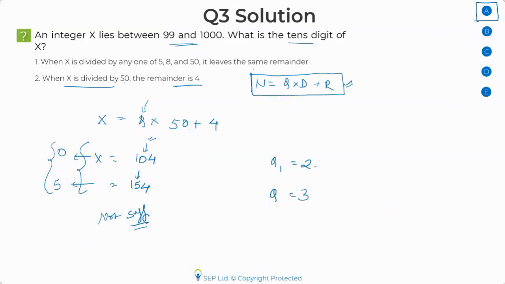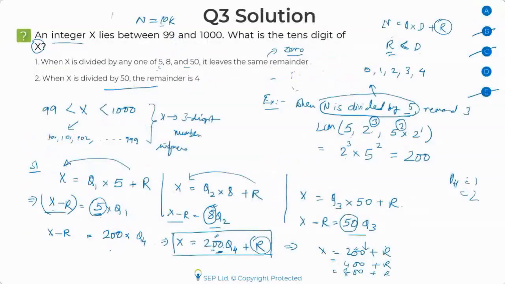Second thing is the special cases, like questions like this. In fact, there is a question in the official guide also. I don't remember the question number, but it's a similar question where they'll tell you about 3 different numbers and they'll say the remainder is the same. And they'll ask you to find the value of n or something like that. So GMAT does test this. So ideally you should know whenever the remainders are the same, what you need to do to solve the question. So you find out the minimum case by finding the LCM and then getting the answer.